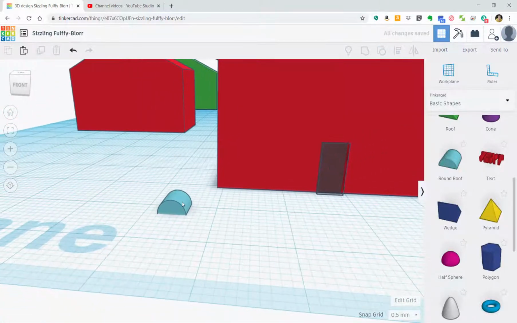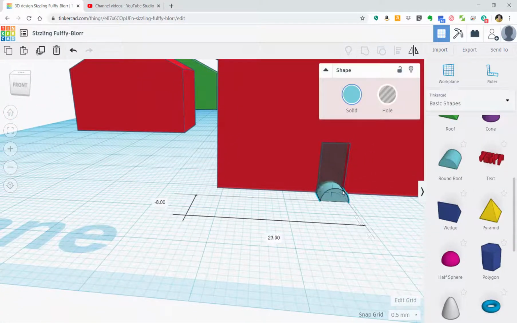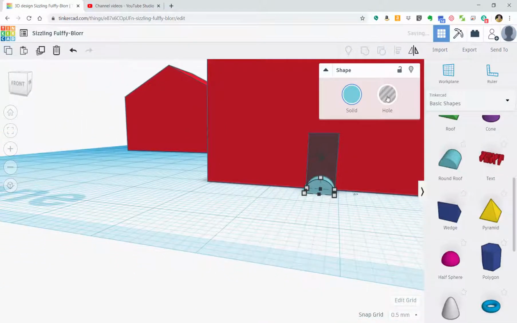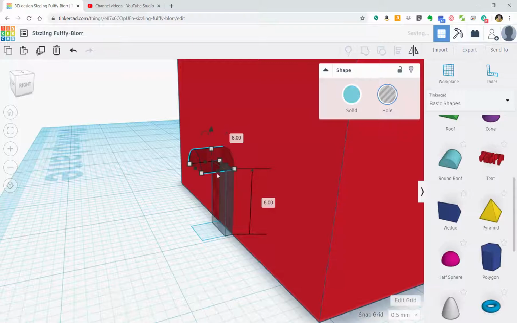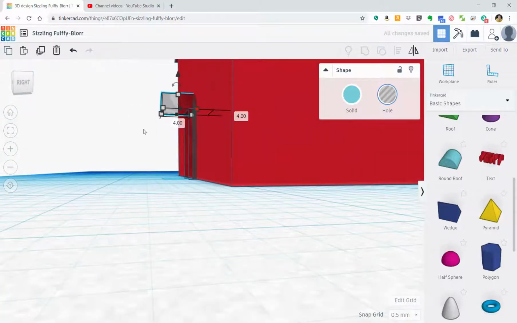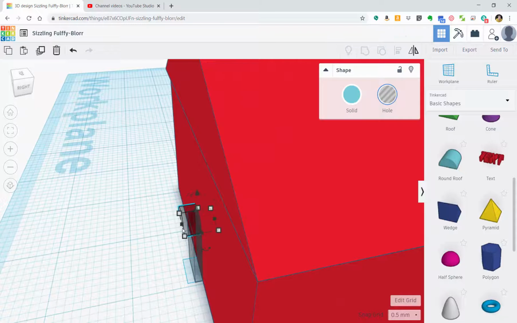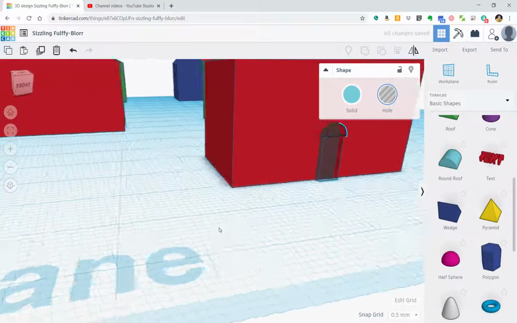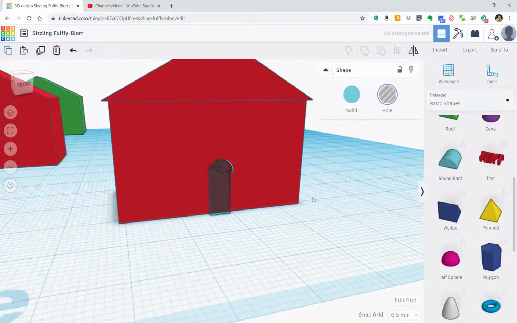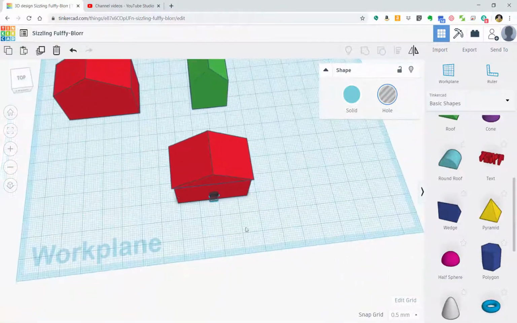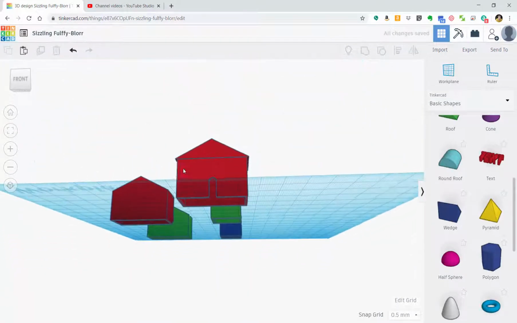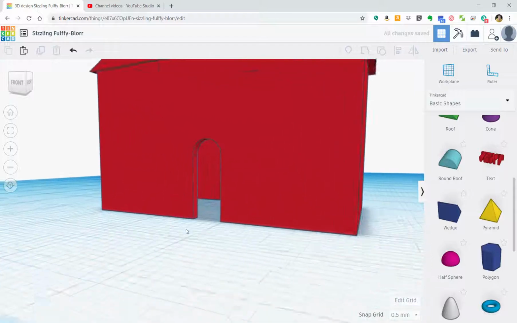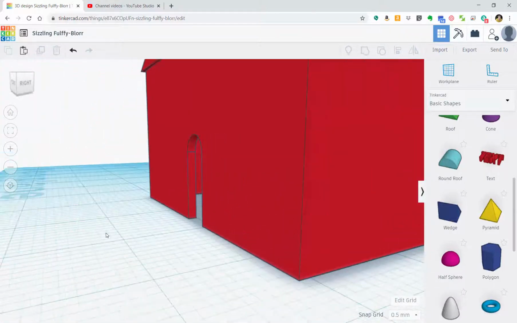And so now what I need to do is bring this right over top of the door. But I also don't want to forget, let's make it hollow. And now we're going to use that arrow like we did before to bring it up. And I'm going to set it right on top of that door. Do you see where it's sitting on top of there? And I'm going to move it inside the house so that it's through the wall. And now I'm going to combine all of these. There we go. So the difference here is that it's just a doorway, but it's a little bit differently shaped